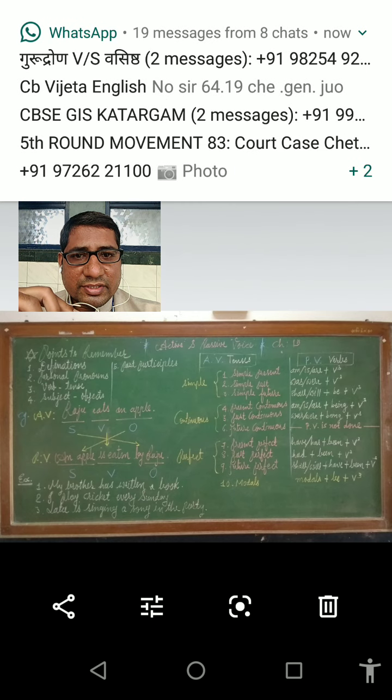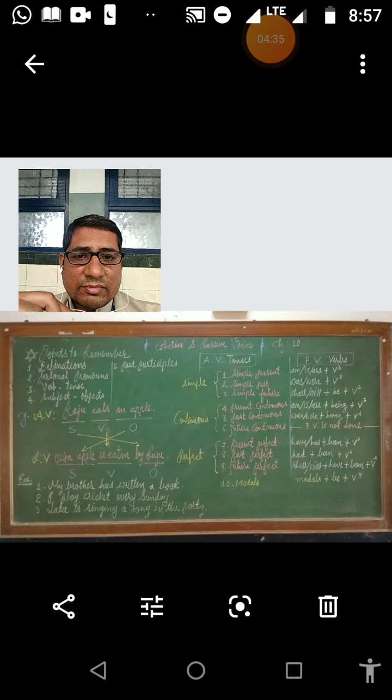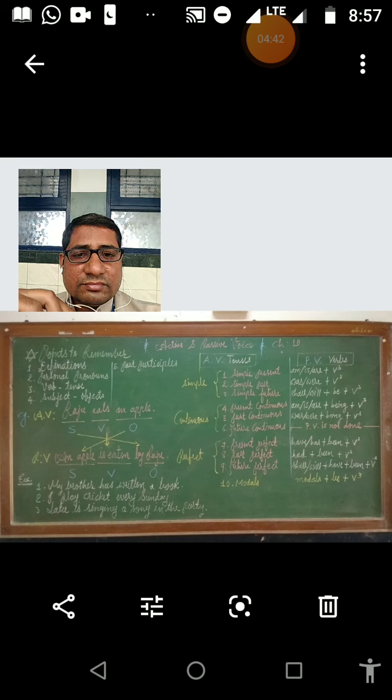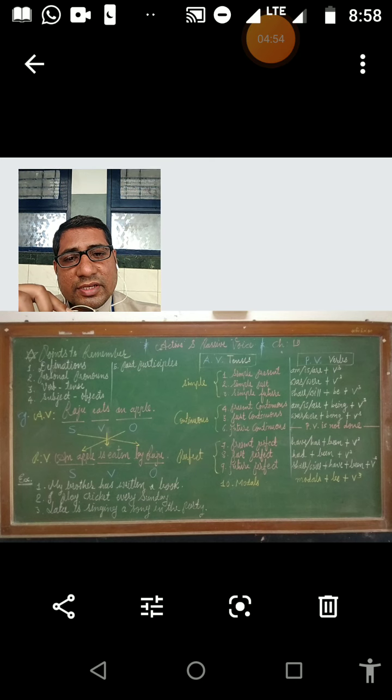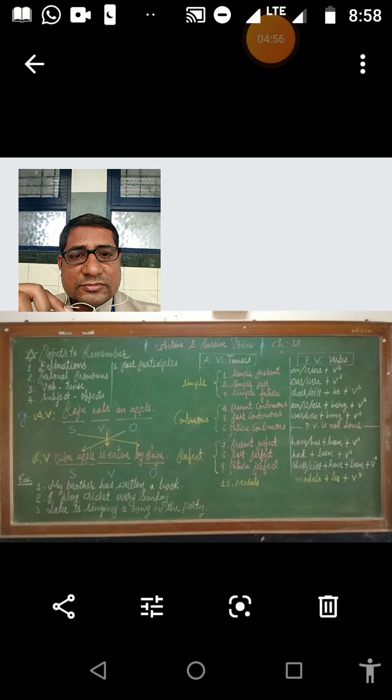Raju is doing the action of eating an apple. In passive voice, we can make the definition that the subject of the passive voice is the receiver of the action.